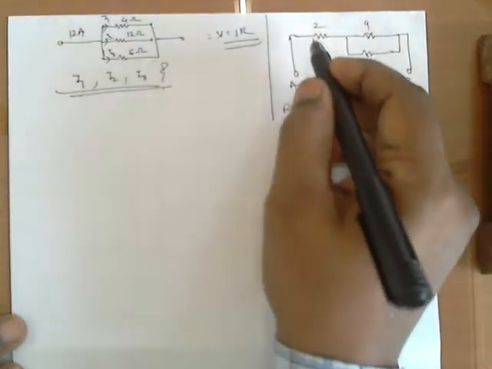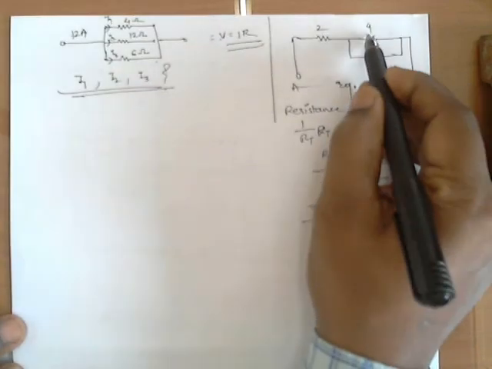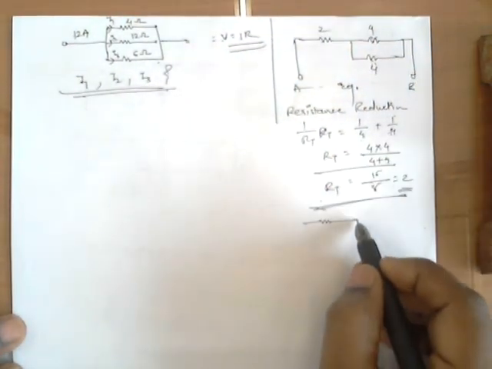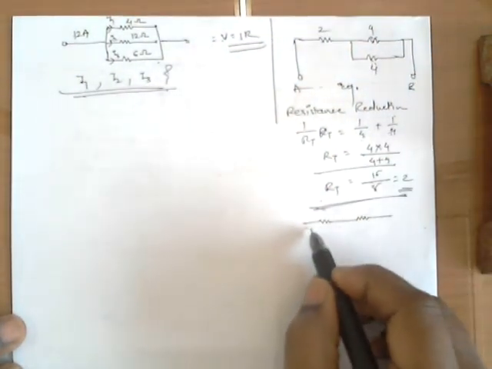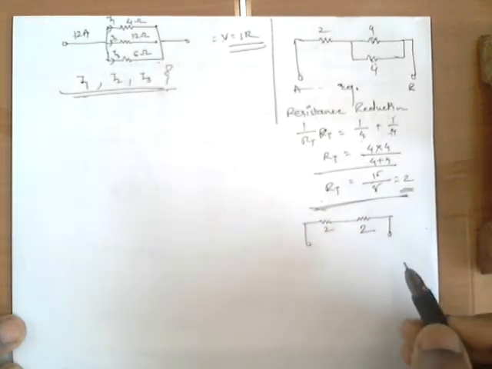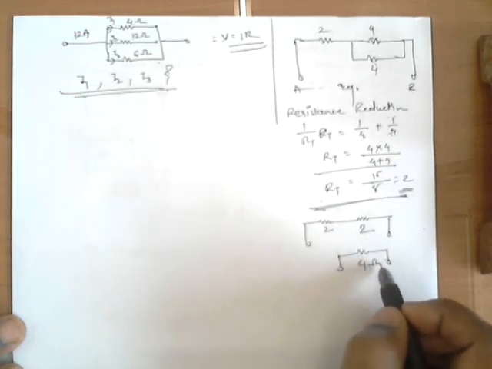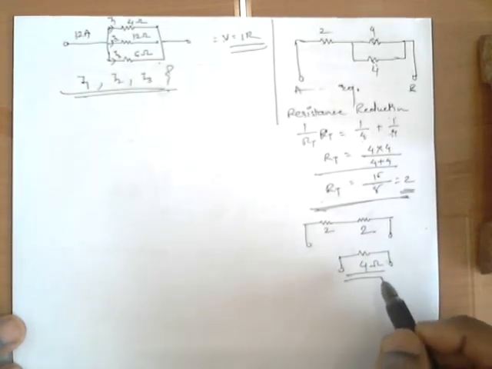Okay, so now what is the new circuit? One 2 ohm resistance, and these two I have reduced, no? Now 4 and 4 in parallel becomes 2 only, so I can draw a circuit like this. This is called resistance reduction, 2 and 2. Now 2 plus 2, I can draw as one resistance of 4 ohm. So my answer is 4 ohm. Are you getting what I'm saying?